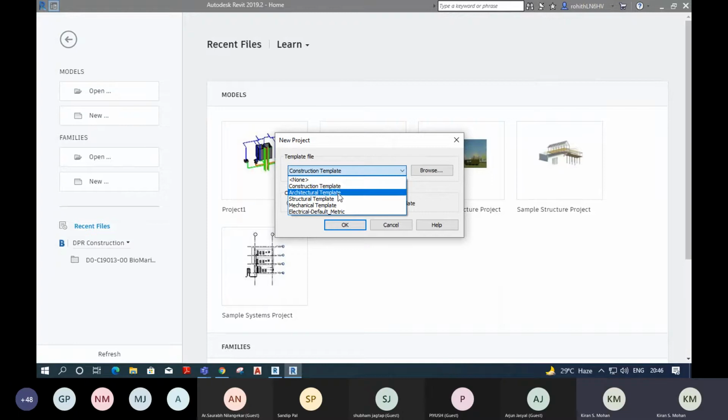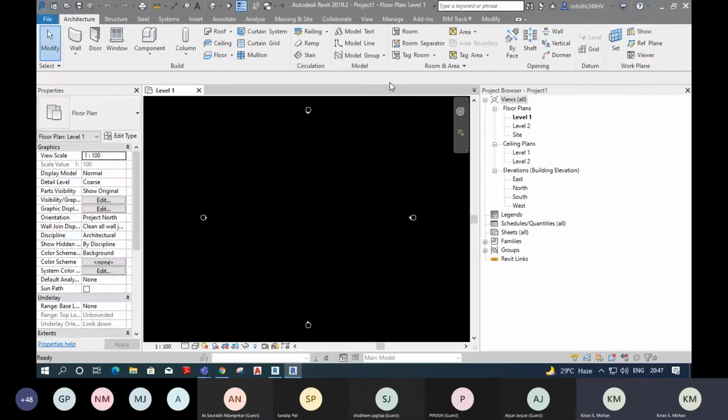Sometimes we will use it for structure also, like in the UK and in some European countries, for warehouse construction, they will use this point cloud data, because there will be some existing warehouses. They will just modify it. So in that case, they will scan the existing facility or existing storage area, or that warehouse, and they will modify that. First, they will create a 3D model by using this point cloud data.